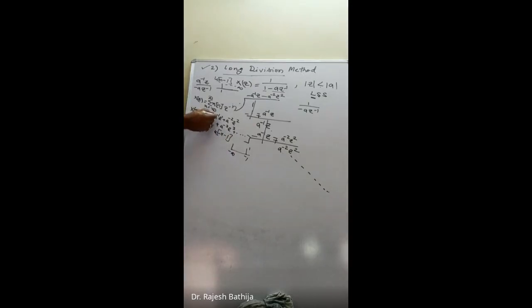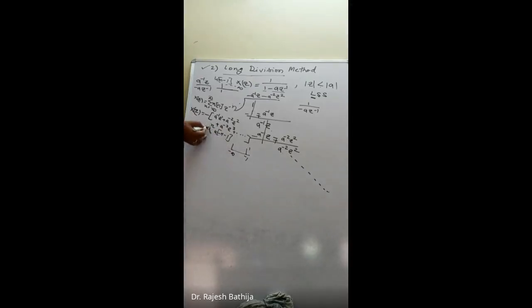And secondly, what is this here? A to the power minus 1. Here I have the value of n equal to minus 1. Here I have n equal to minus 2. Here I have n equal to minus 3 and so on. So can you see that we can write in general a to the power plus n and here minus. Why plus n? Because n is already negative. n is minus 1.